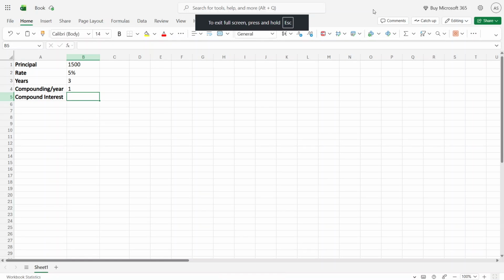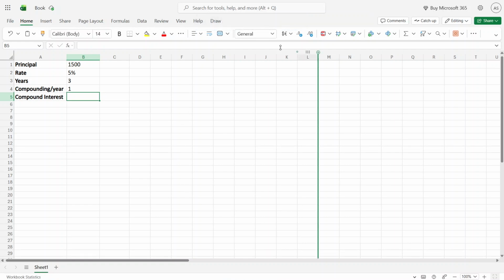In today's video, I'm going to teach you how to calculate compound interest rate in Excel. To get started, open your Excel file and make sure you have a clean area of the worksheet where you can organize your values. Before entering the formula, it's important to set up the basic information you'll be using in